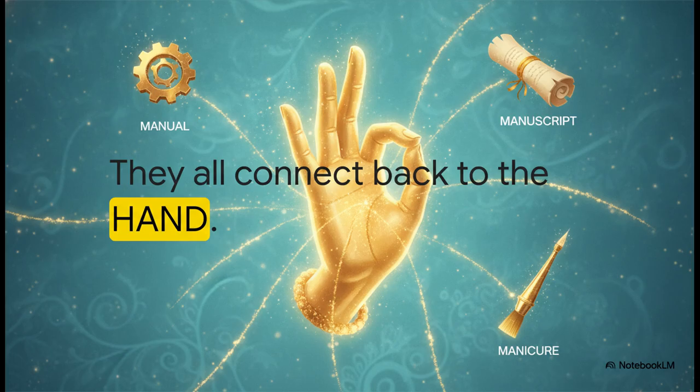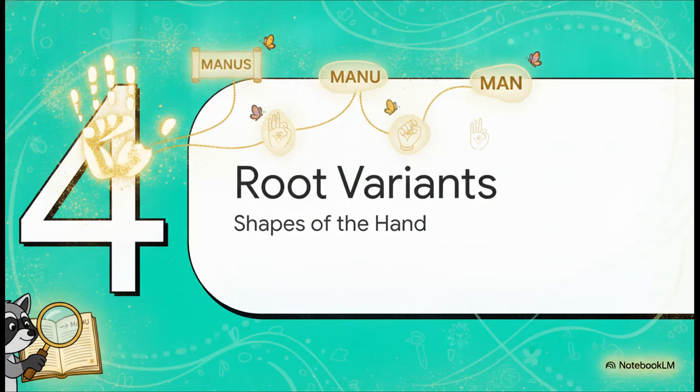Manual labor is physical work explicitly done with the hands. And manumit, which we'll explore shortly, is the historical act of releasing someone from your hands. Just imagine an enormous, glowing, golden hand floating in your mind with bright lines connecting it to all these words. The spelling might shift a bit, but that core idea remains incredibly solid. Next up, Section 4, Essential Root Variants,